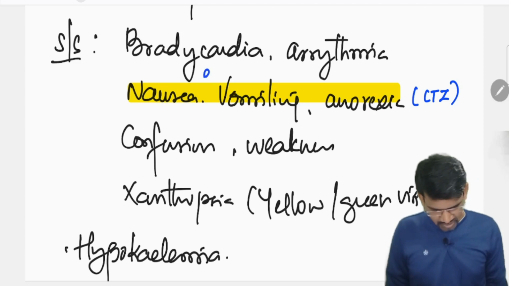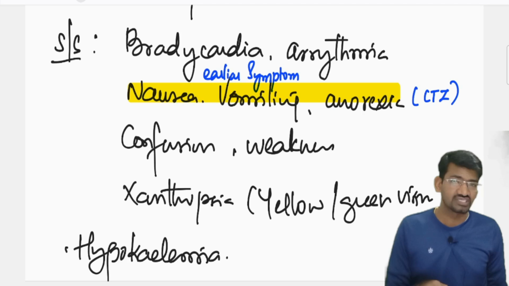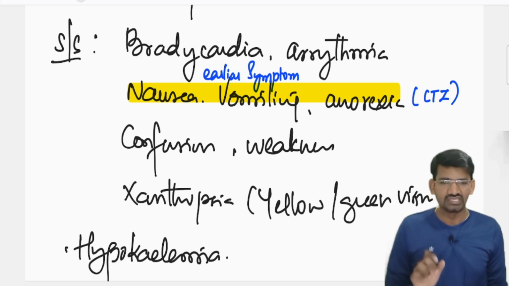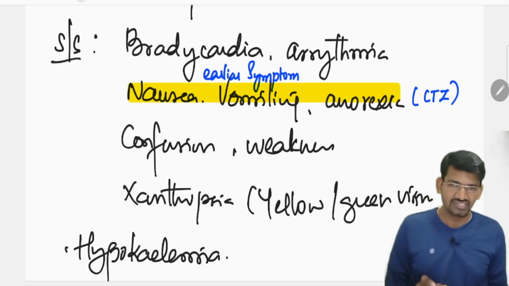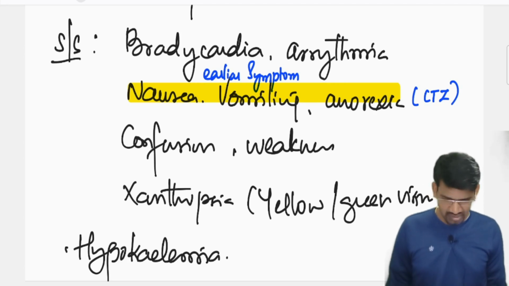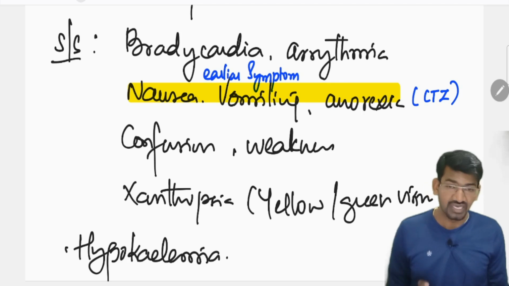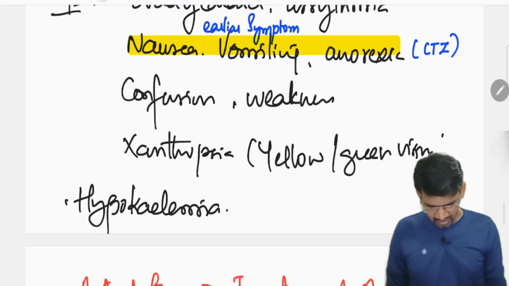So this is considered to be an earlier symptom of toxicity. If the patient complains of nausea, vomiting and so on, and the patient is on digoxin, then suspect toxicity. These are the earlier symptoms. Later the patient will have bradycardia. As I told, it will reduce the heart rate. Then the patient may develop arrhythmias, then confusion, weakness, and very important is the